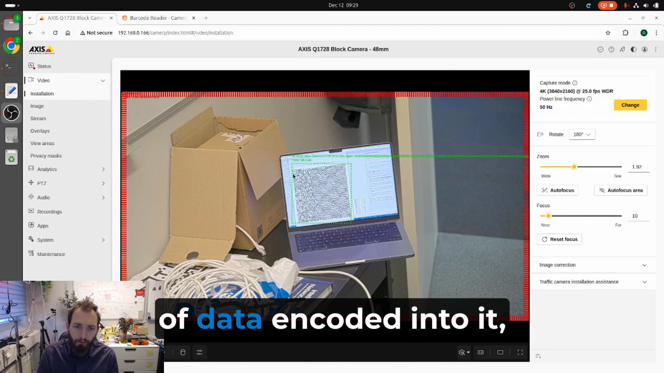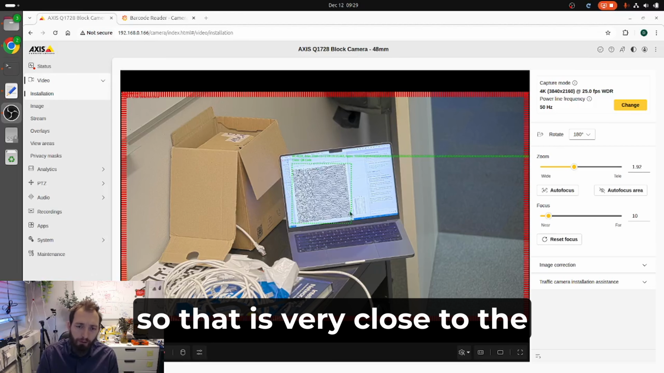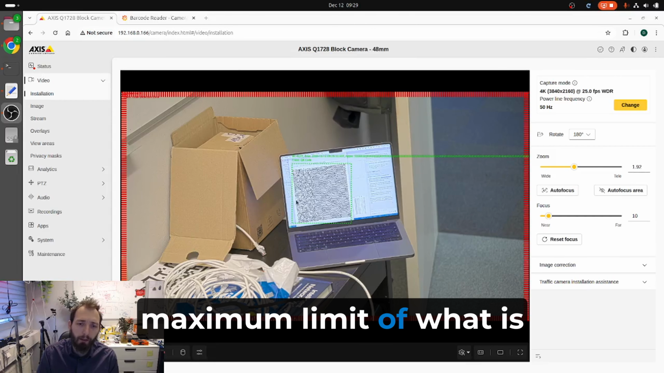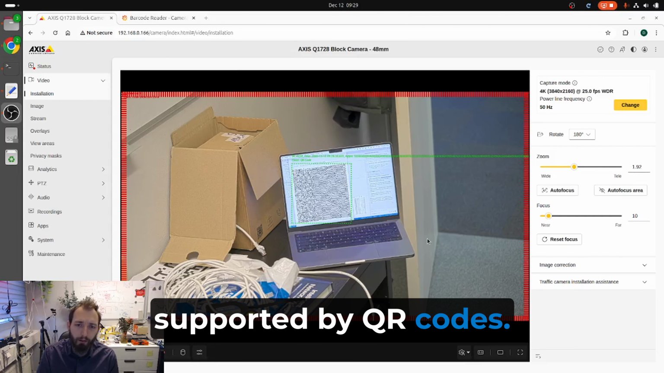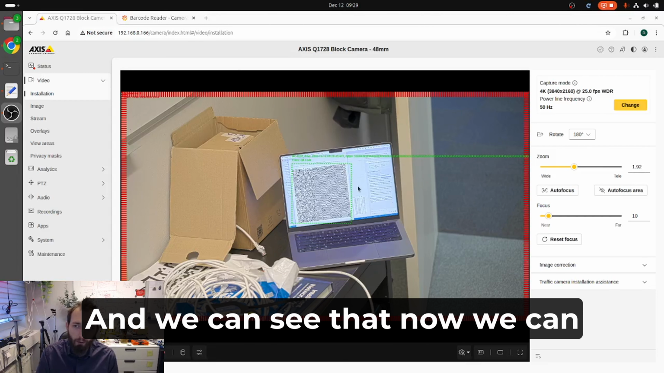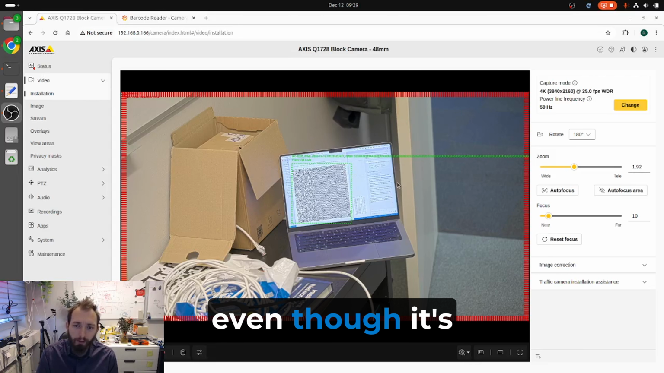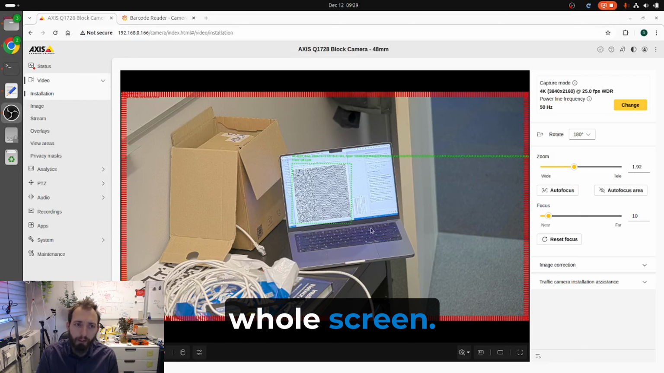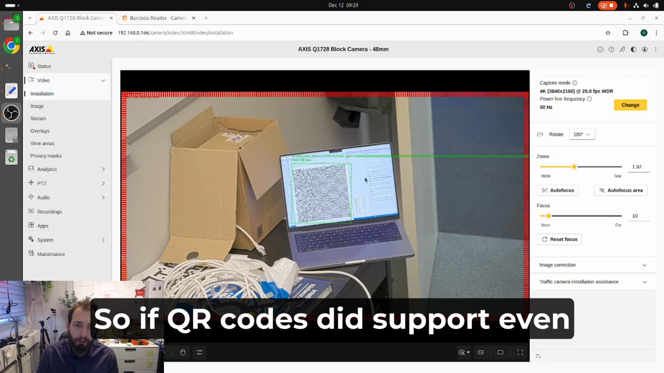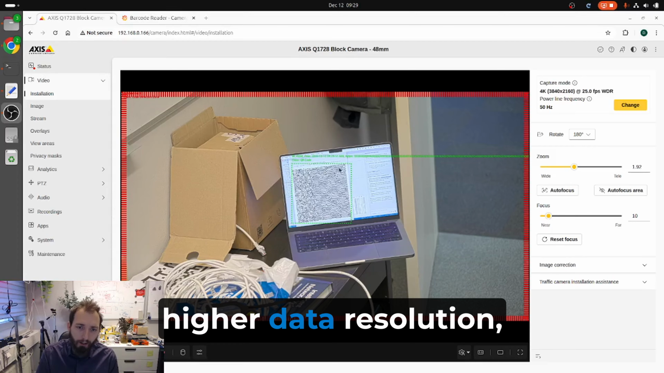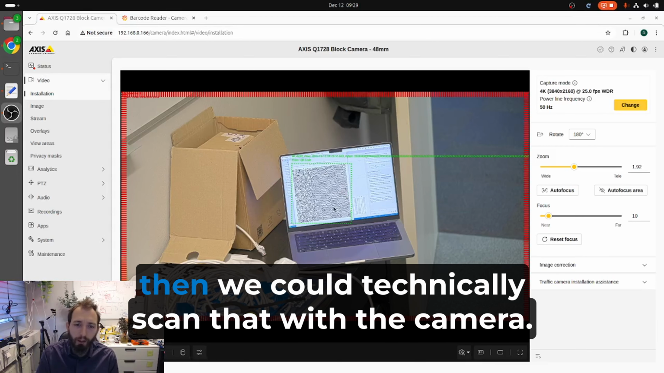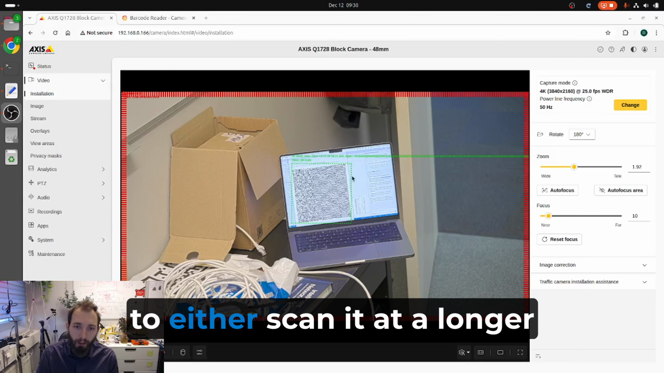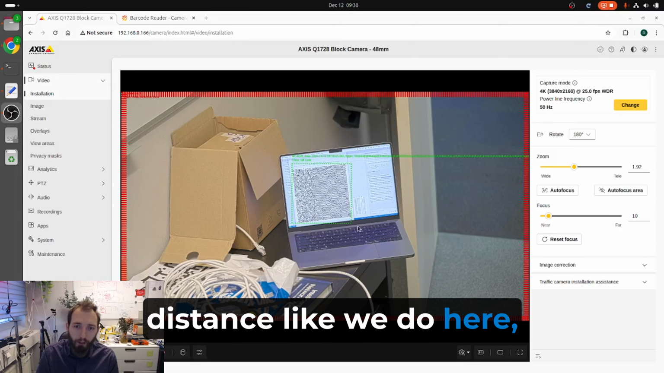So this code here has 3,200 bytes of data encoded into it. That is very close to the maximum limit of what is supported by QR codes. And we can see that we can correctly decode it, even though it's far from covering the whole screen. The QR codes could support even higher data density than we could scan with the camera. But it gives you this flexibility to scan it at a longer distance, like we do here,